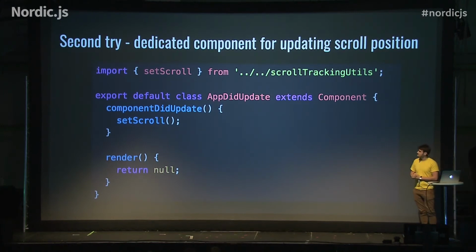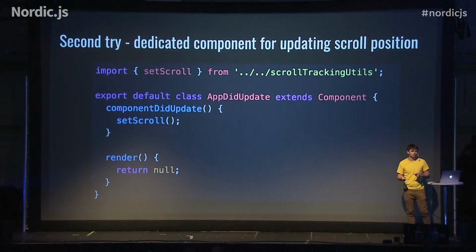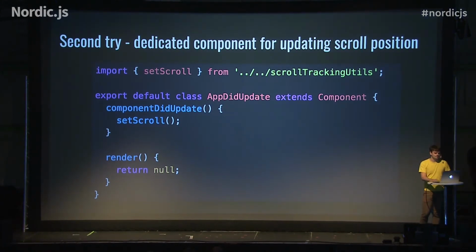So here was our second attempt. We used another renderless component. So when a user clicks on the zoom button, it still saves the scroll position, but it saves it somewhere that's accessible to other components. And then we've got this component that accesses it, that receives the scale. This one also doesn't use the scale for rendering, but it's a bit less confusing because you wouldn't expect it to render using the scale. It sets the scroll position when it updates, and it fixes the scroll position, so the users no longer lose